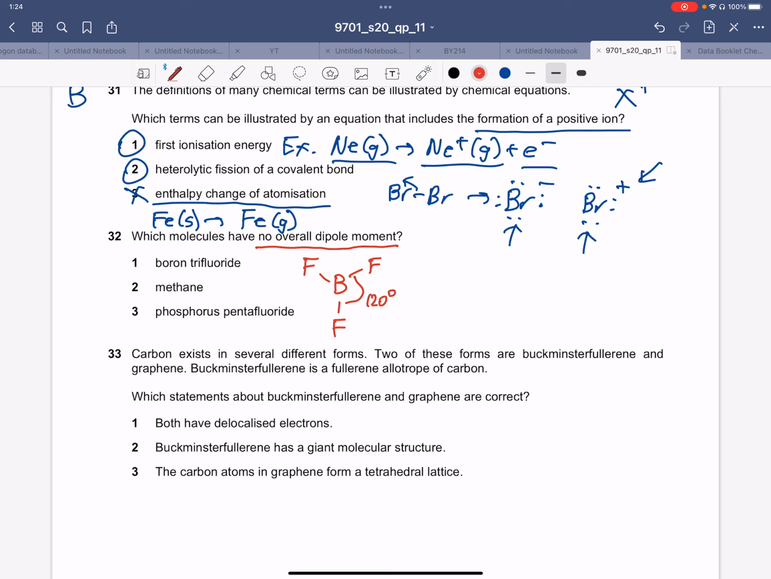So that'll actually all cancel out because of the symmetry, and you're going to get no charge. And that means boron trifluoride is indeed a neutral molecule, so it has no overall dipole moment. Moving on, we have methane. So that's boron trifluoride. Methane is a tetrahedral molecule, so if you were to draw that out in its 3D